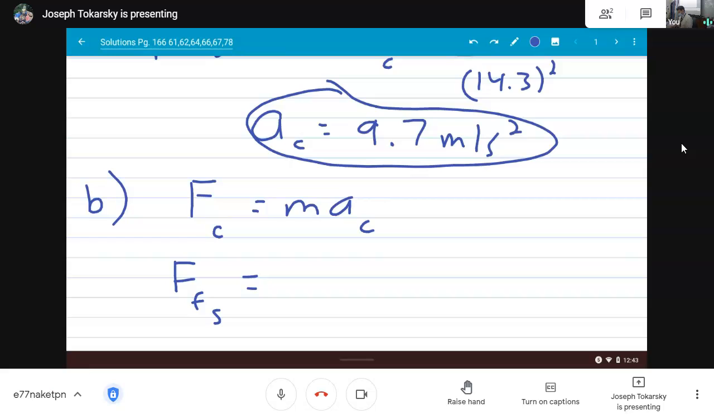And we have the acceleration above already figured out, so we just have to use that mass from the givens and plug it in there. 615 times 9.7 or 9.65, whatever you round it to, and you should get somewhere close to